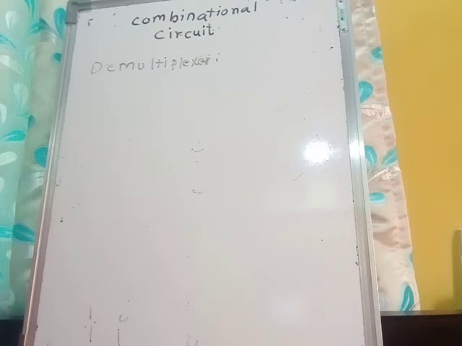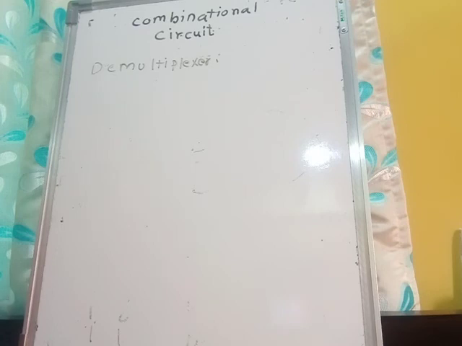So it has only one input line, that is D, and it has n outputs, that is Y0, Y1, Y2, Y3 up to Yn. Demultiplexer accepts only one input and it can distribute that to the several outputs by using the control word. Okay, so it is connected to the input line. Demultiplexer can also be used as a decoder. Demultiplexer आपण कशासाठी वापरू शकतो, it is used as a decoder. For example, if you want to convert a binary number into decimal, then we are going to use the demultiplexer.